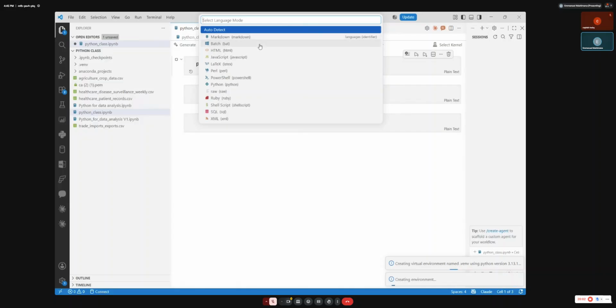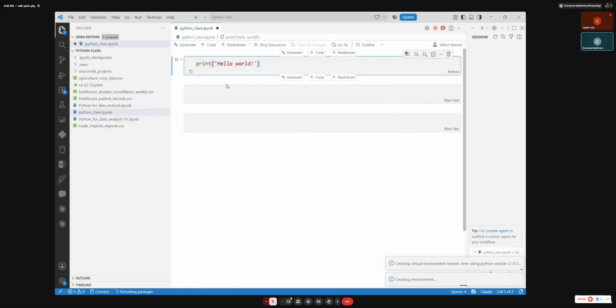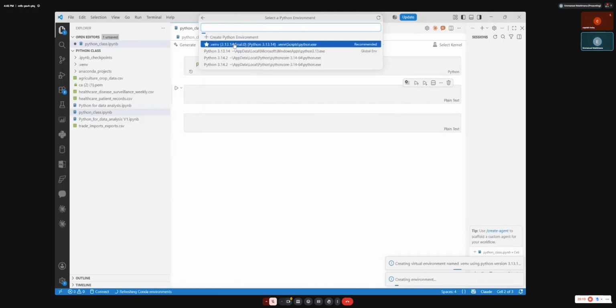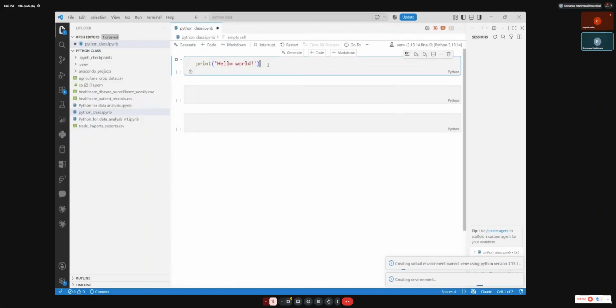Okay, very good. Yeah, thanks. So now I can simply print. Let me select the environment. I have this Python. Let me use any.